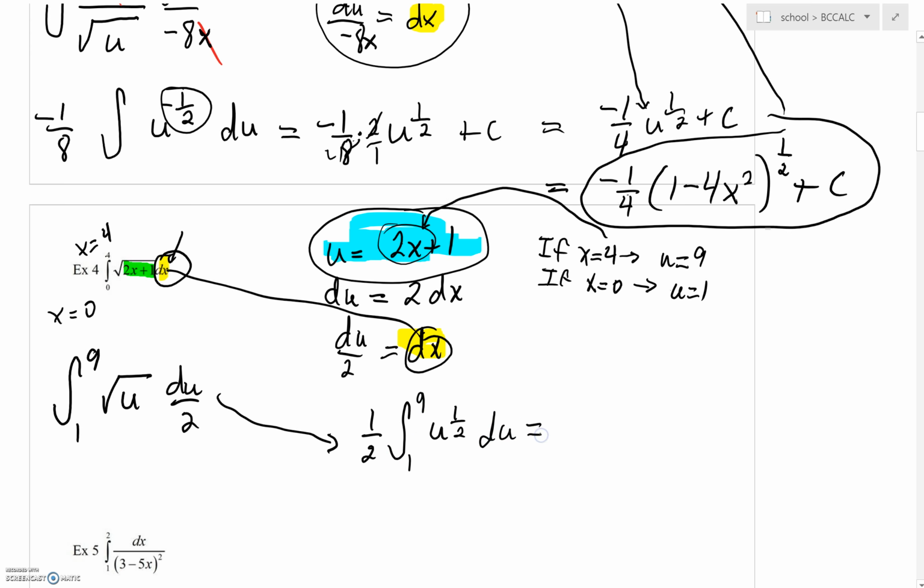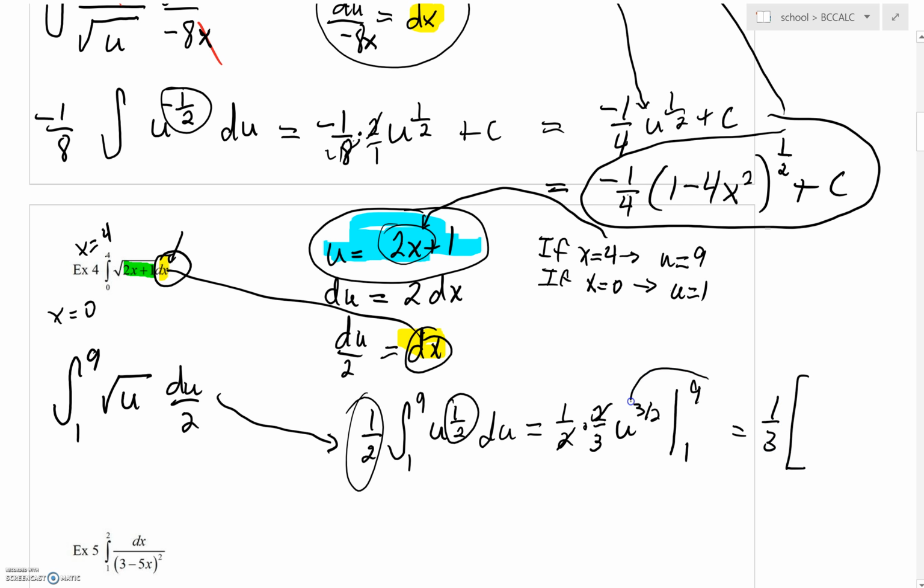And let's just do our fundamental theorem. I've got a constant of 1/2 out in front. I'm going to bump my power up by 1. That's 3/2. But I have to divide by 3/2, which is the same thing as multiplying by the reciprocal. And then I'm going to go ahead and plug in my bounds. So I can see here my 2's cancel. So I'll have a 1/3 out in front. But when I plug in my 9 to the 3/2 I'll work out, and I'll have 1 to the 3/2. Hope 1 to the 3/2 is nice and simple. 9 to the 3/2 is really saying